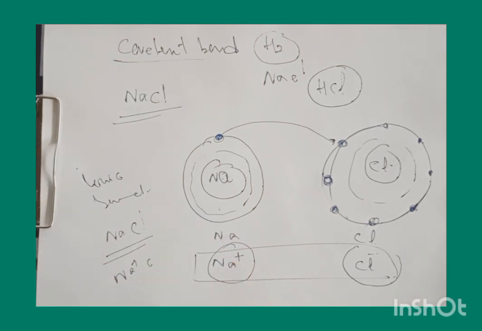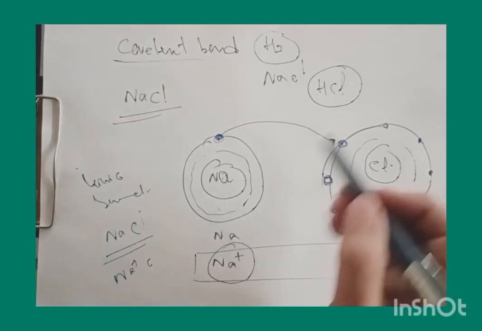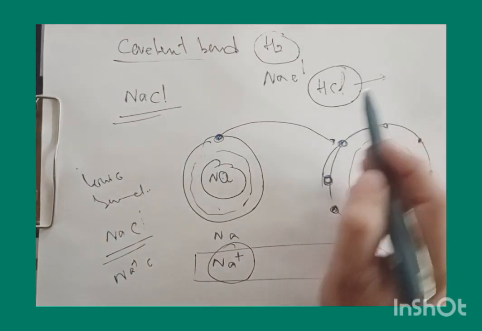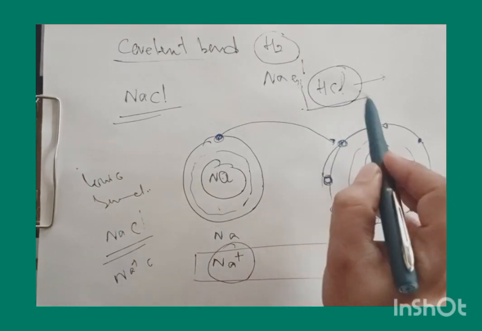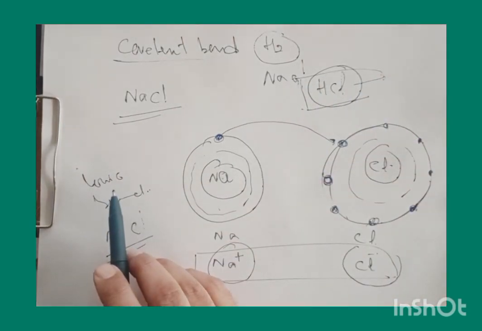Right? So to say here, what we say is that the ionic bond is an extreme case of the covalent bond. This is an ionic bond, but its basis is a covalent bond. And